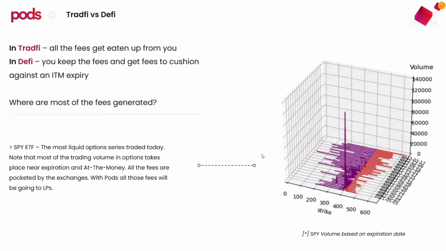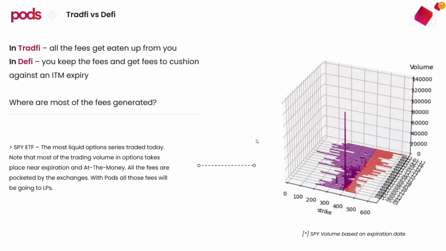So as you approach at the money and the expiration date, most of the trading is going to be going on. If one were to target fee maximization, one would aim for riskier at the money strike prices that can help generate this. There's no such thing as a free lunch. If you write a very deep out of the money option, as you can see, most people would not be interested in trading those. But if you have them closer to at the money and at the expiration, that's where most of the volume